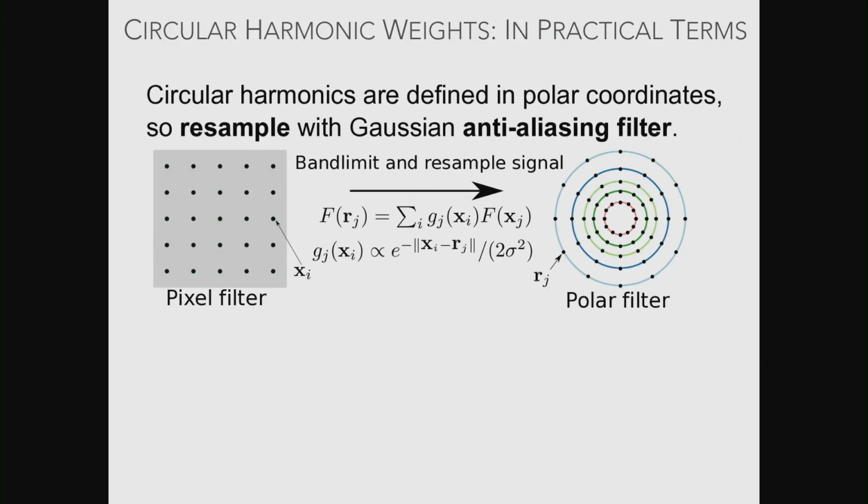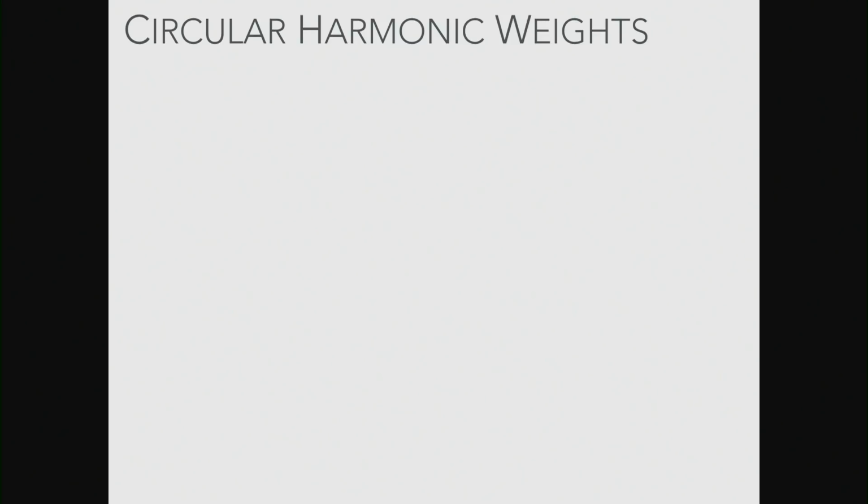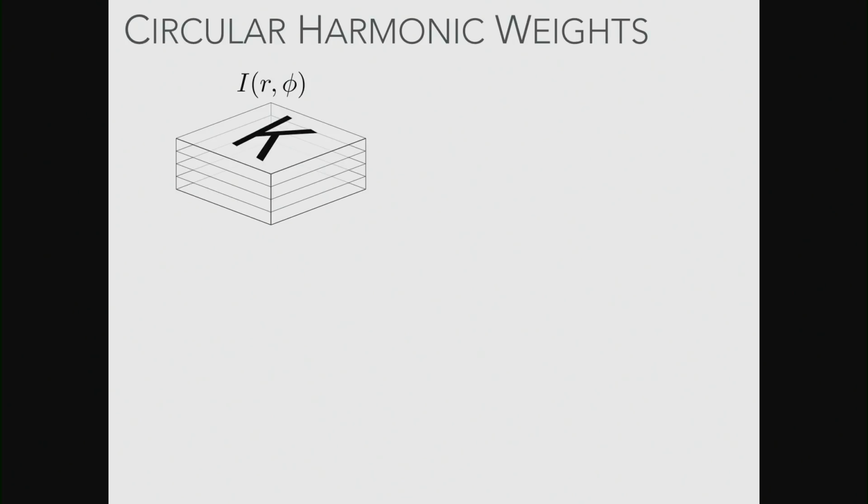And then just in practical terms, I can skip this, it's probably not so interesting. But maybe the bottom part is, because we've now defined images and kernels as being complex valued, because we've got these complex exponentials, when we actually implement this, it just turns out to be 4 normal real convolutions. So that's just a 4 times complexity increase. So it's a constant factor, and it actually doesn't change the computational complexity of our algorithm at all.